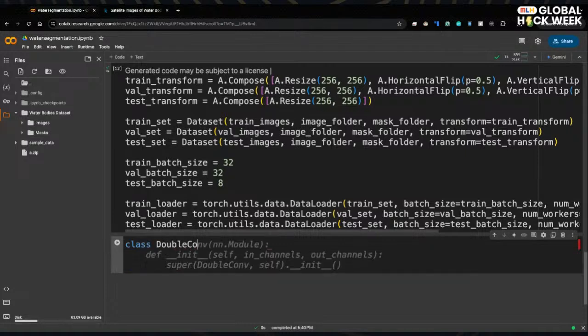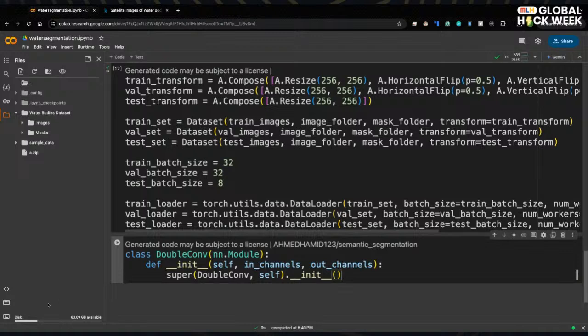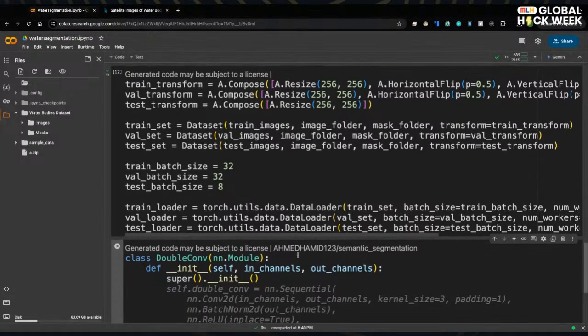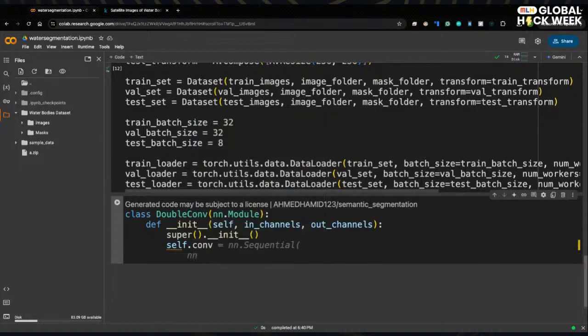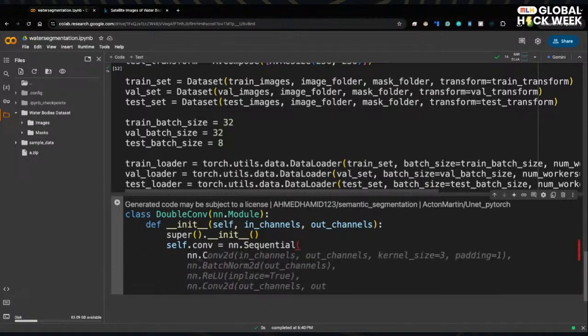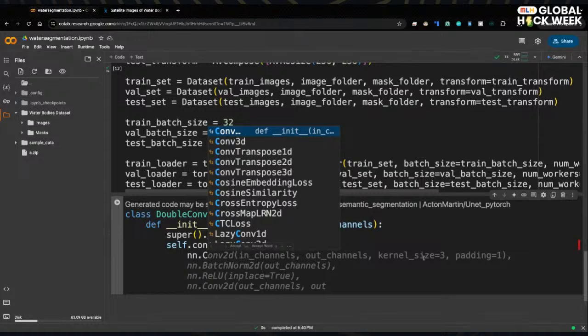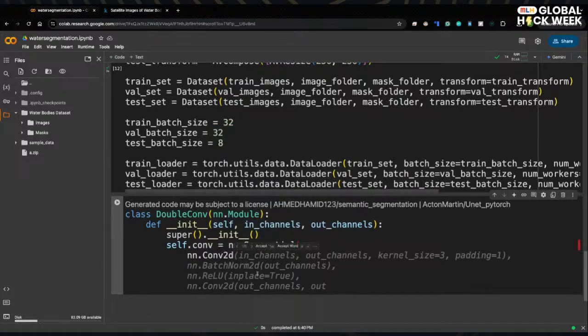So double conv, let's get right into it with our module init, self, in channels and out channels, and super dot init. Then self dot conv is going to be a sequential neural network of nn.Conv2d with in channels, out channels, a kernel size of 3, padding of 1. Then we have BatchNorm2d with out channels. Then our ReLU, and then our